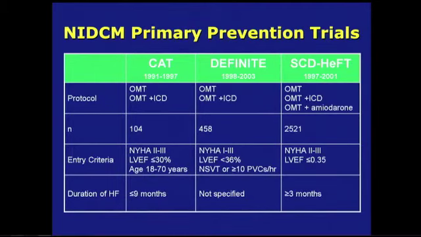So in the CAT study, which was done in the 1990s, there were only 104 patients enrolled. They had a low ejection fraction. And importantly, they could not have had their cardiomyopathy for more than 9 months. This trial, as I'll show you, was stopped early for futility. There was no benefit from early ICD implantation. In the DEFINITE study,